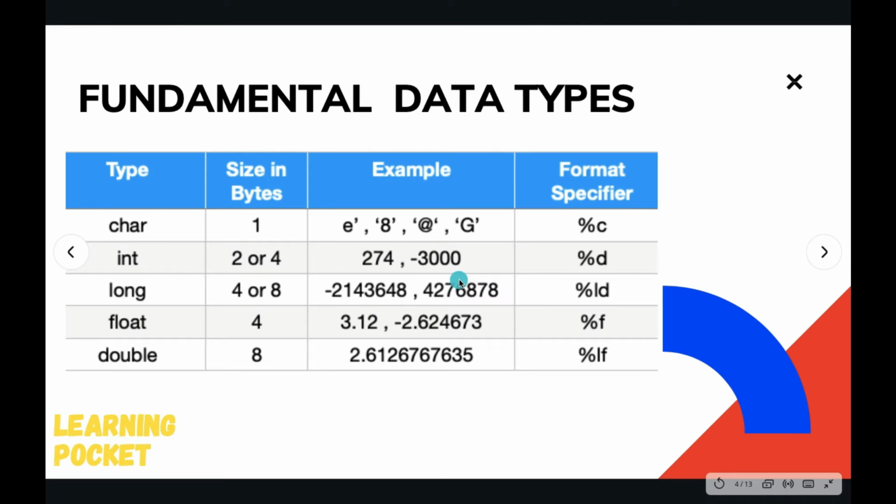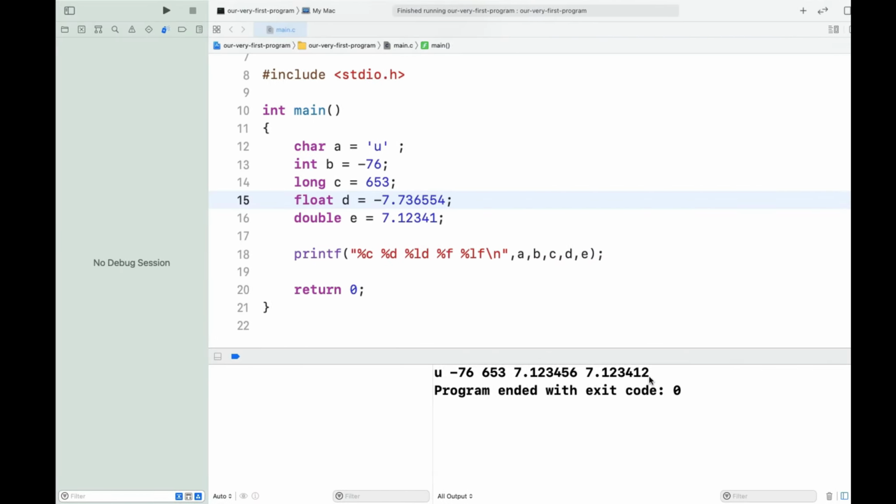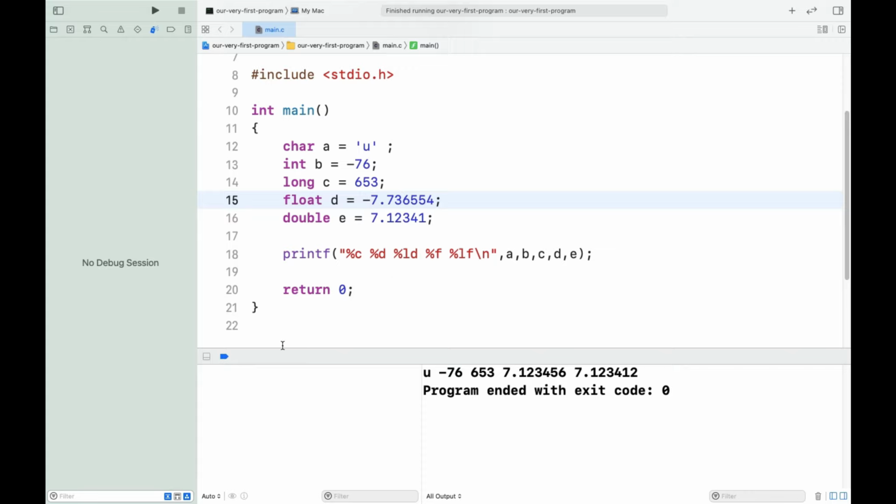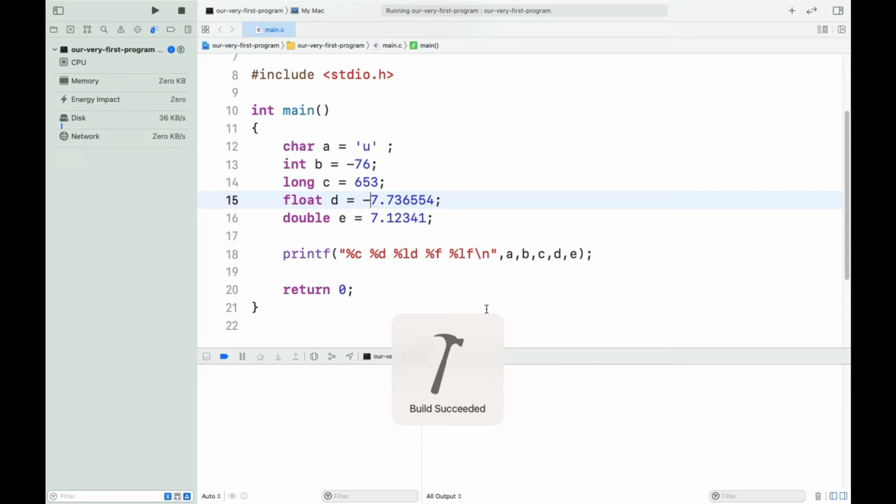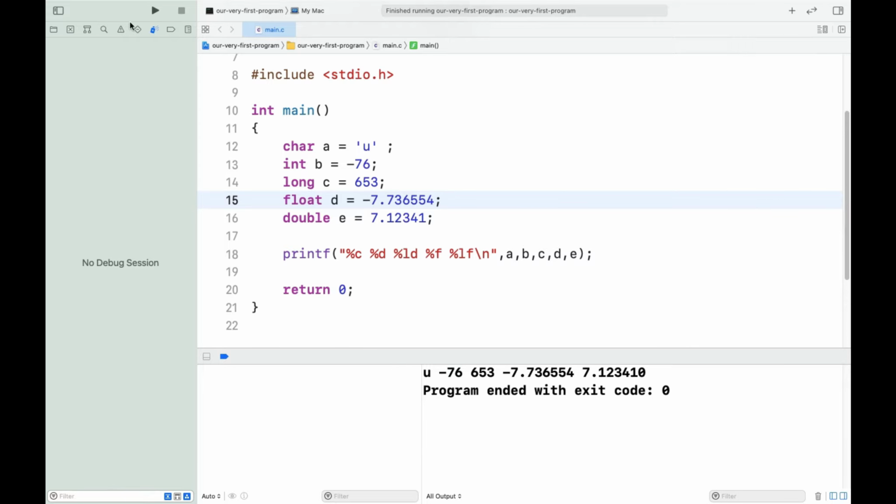We just discussed in this course what the data types are, and we are now going to verify this table using our IDEs. We are going to verify this system itself. I have already written a piece of code, and you can see that I just clicked on run, and then we have the output.